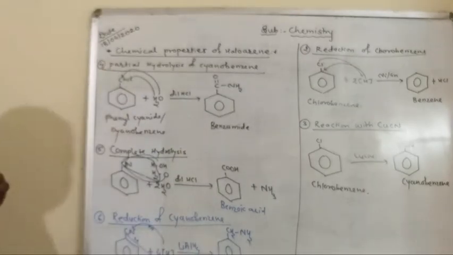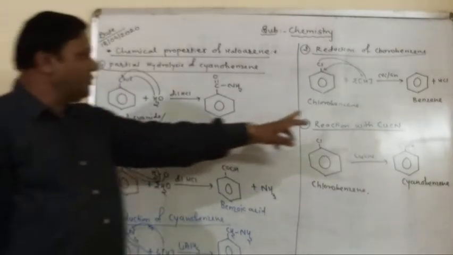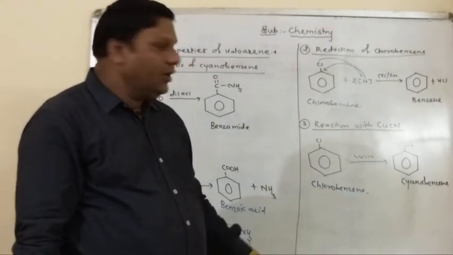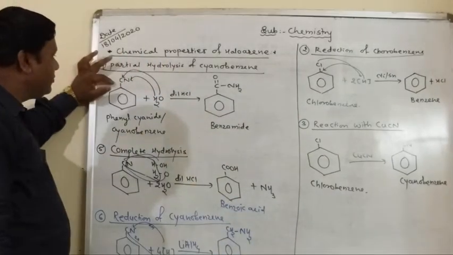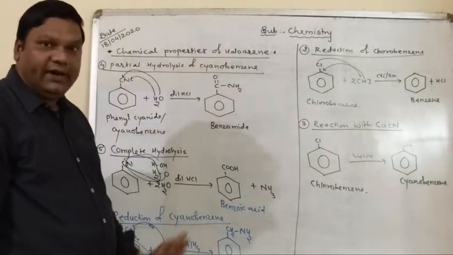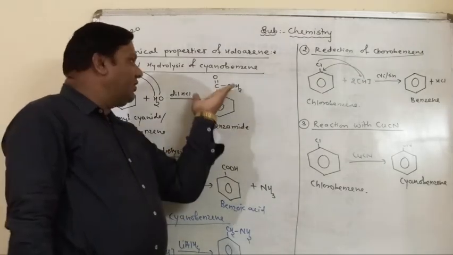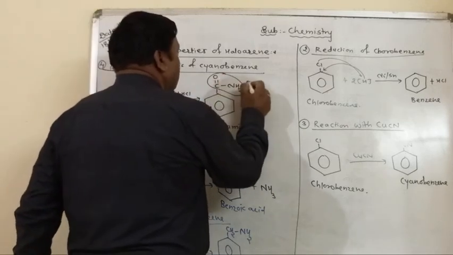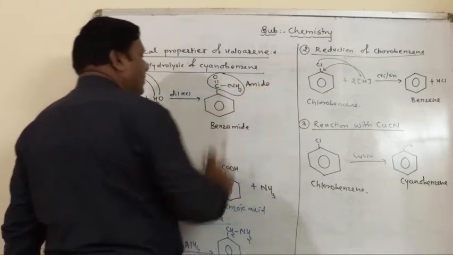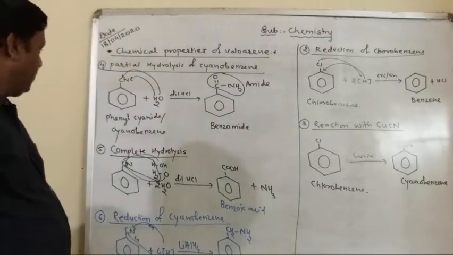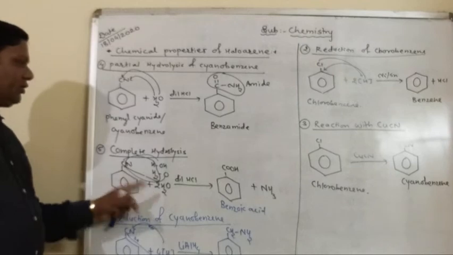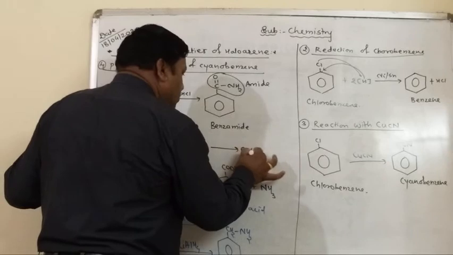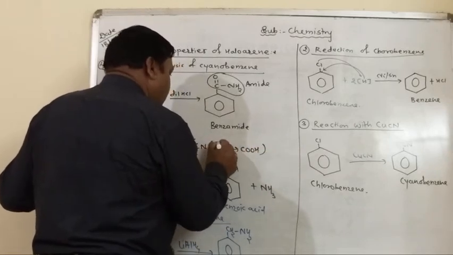Again we have to write it here. Listen, in the reaction with copper cyanide, the chloride group is replaced by cyanide. You know cyanide is a strong nucleophile. After that, the cyanide group is partially hydrolyzed to get CONH2. The CONH2 group is simply named amide, and when it is attached to a benzene ring, it is named benzamide. Now second, CN is converted to COOH. That is complete hydrolysis.